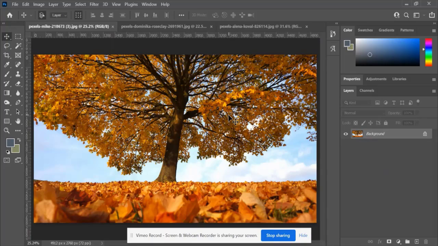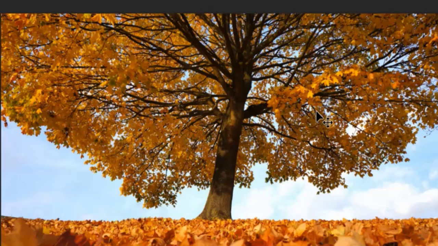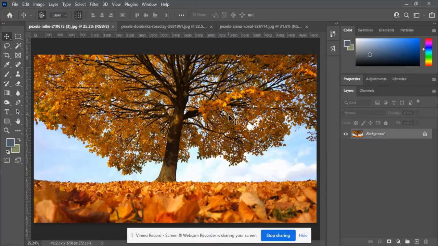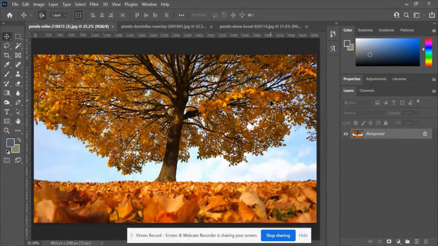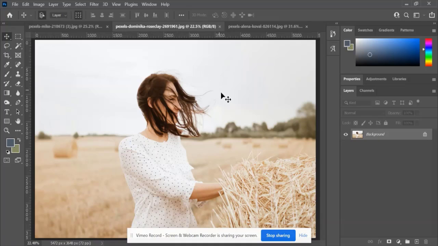This image is a good example of why we would want to use color channels, because there are many areas with a lot of detail, and it would take a lot of time to go through this image by hand, using even the magic wand tool to get all these areas of really high detail, and to select the tree away from the background. Another example of when we would want to use color channels to select is hair